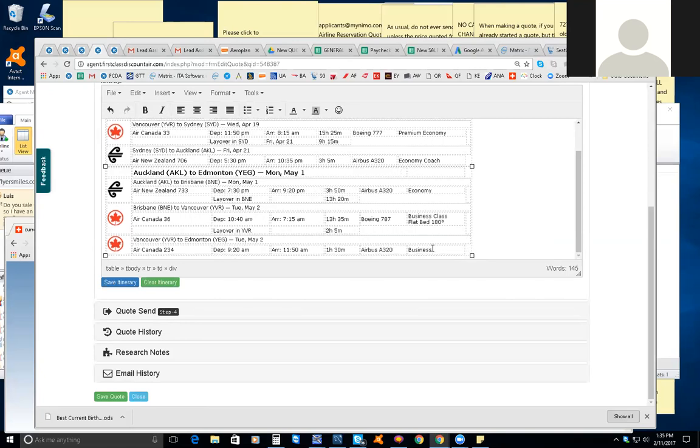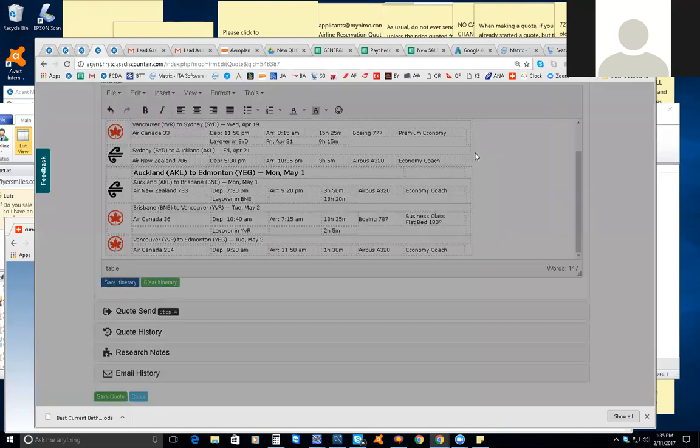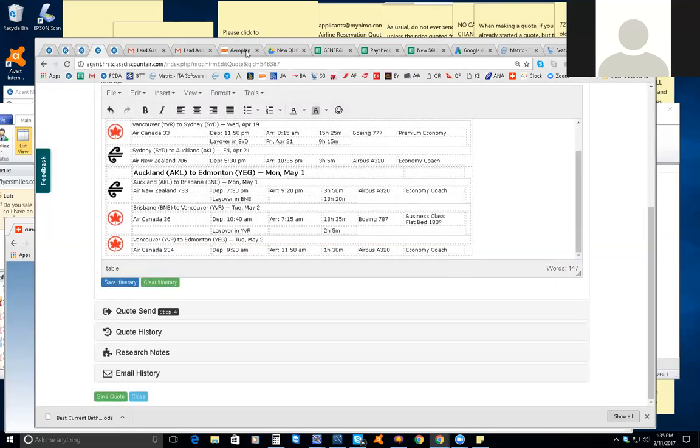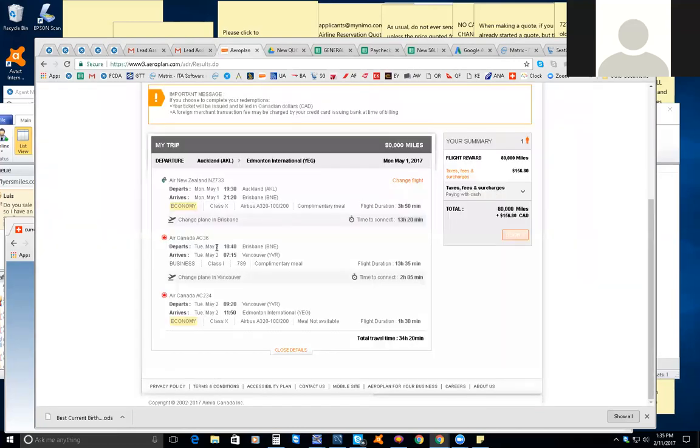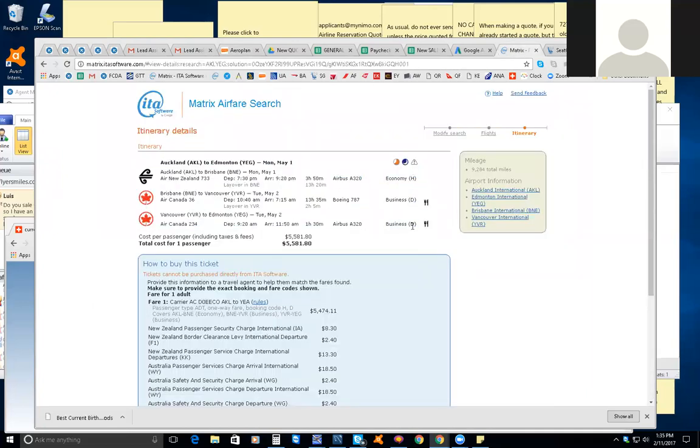This flight is business class, but it's only an hour, so we don't care if it's a flatbed or not. And actually, remember the Air Canada website told us that this first flight was an economy coach, and it also said this last flight is not business class, it's an economy coach. So I need to edit that and make sure that these flights agree with what the Air Canada site gave me, the Aeroplan site. Economy, business, economy. Just because Matrix gave it to me a different way, economy, business, business, I do not pay attention to what Matrix says because we're not buying it from Matrix. We're buying it from